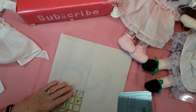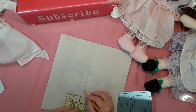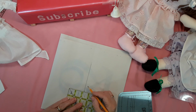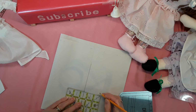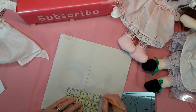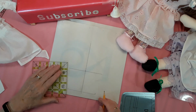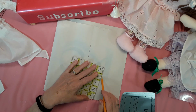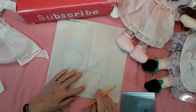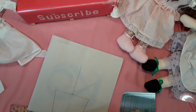Now I want to go up 3 inches, and that's my 3-inch mark. But from here out, I want to go 2 1/4 inches. Or I'll go 2 1/2. Right out here is my 2 1/2. So then I'm going to draw a line from here, join those, like that. And that gives me the bodice top. This line is just the center line. Now, for the straps,